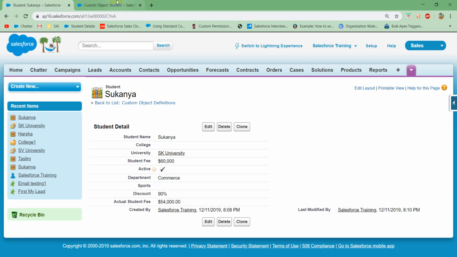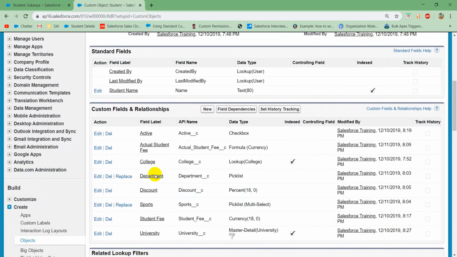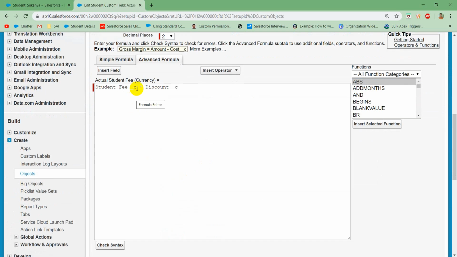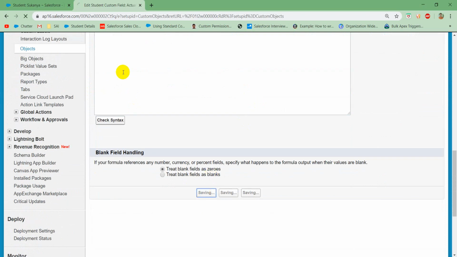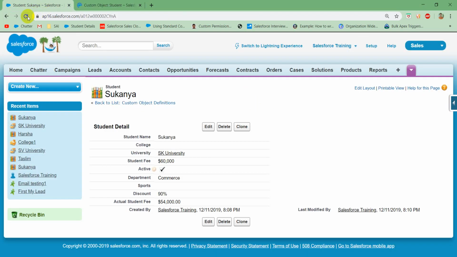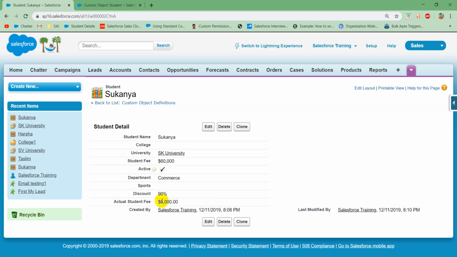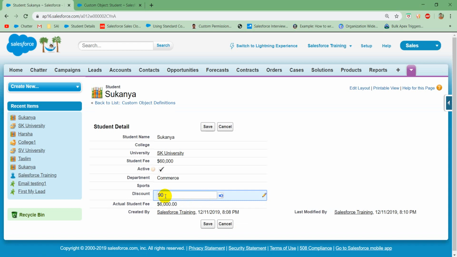So if you want to calculate exactly, actually our formula is wrong. This should be like this: student fee minus the actual discount. Now let's see. This is the actual fees, right? Now here if you give 10%,